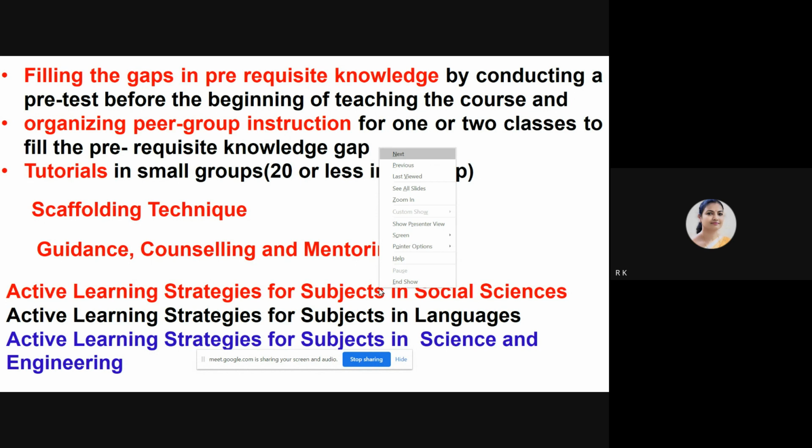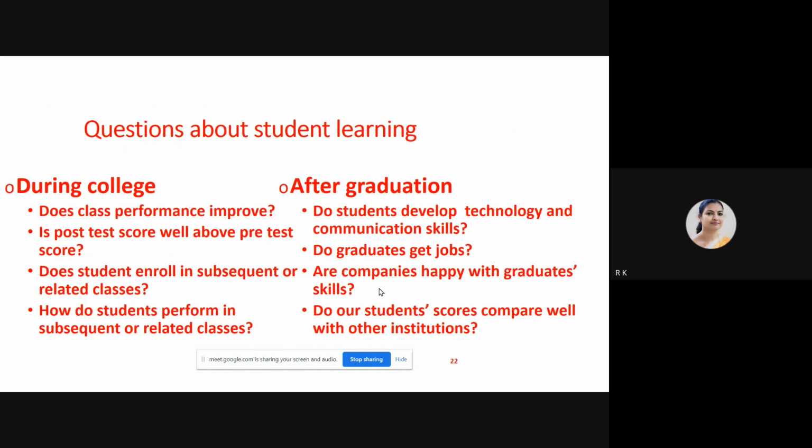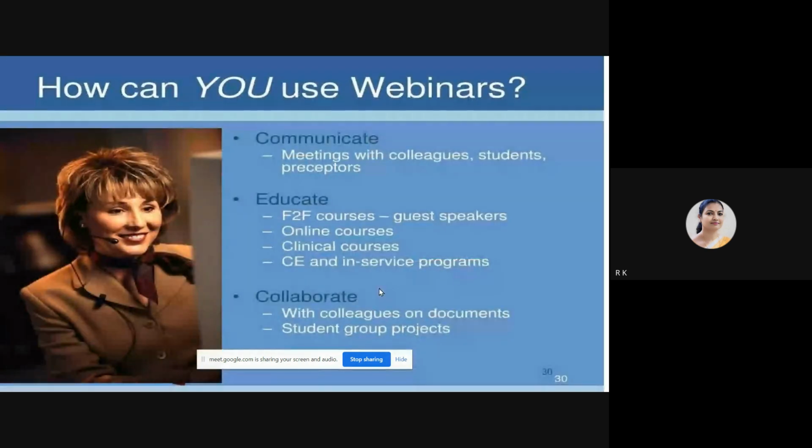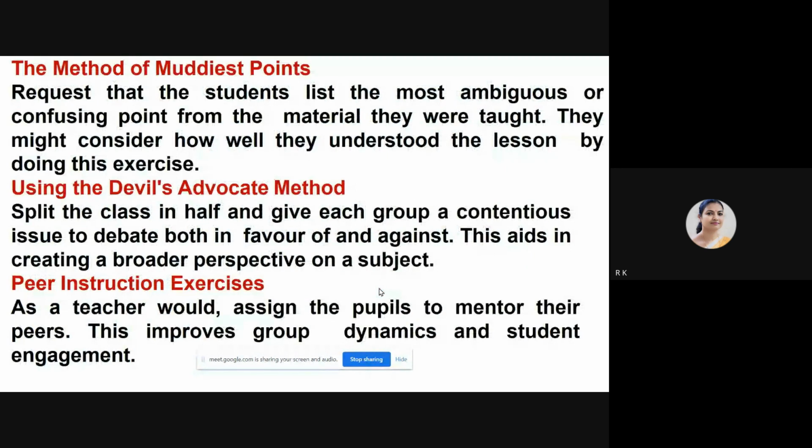So active learning happens, especially for all the subjects, including the social science subjects, management subjects, and even for engineering graduates, where we take a subject called entrepreneurship development. There, for example, to make them do the business plan, I just give them a live project. So that's how it goes. And all this we have seen in the last few minutes: how you can use webinars, and I have shown active learning.